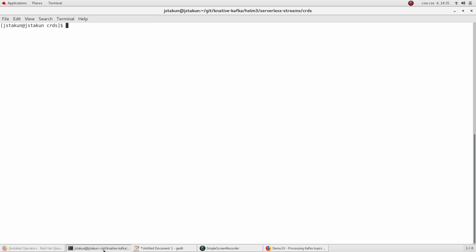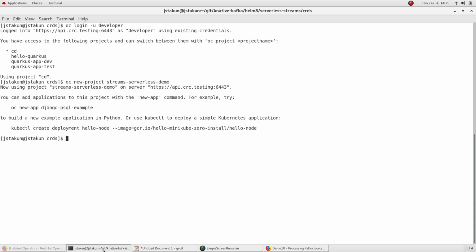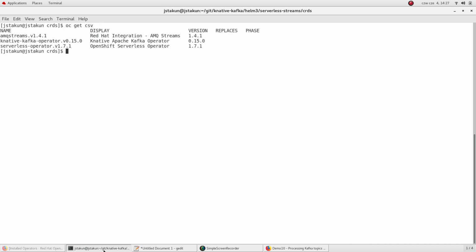Okay, so now we are ready to log in as a developer and to create a project where we'll deploy our application. The first step here is to check whether the Operator Lifecycle Manager has installed the operators in our project. So we need to wait for a while. Okay, so the operators are registered in our project, so we can start using them, and the first step will be to create a